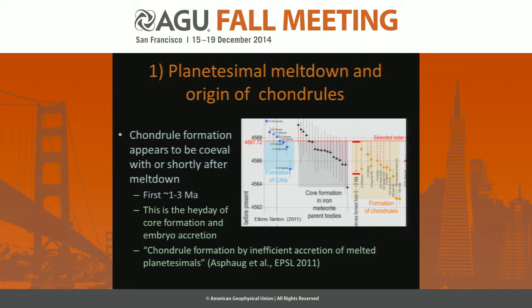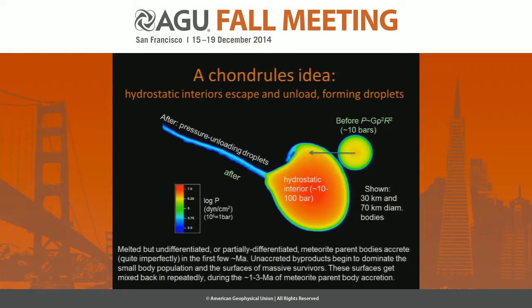And so we came up with this idea a few years ago that this might have something to do with the formation of chondrules, namely that you have accretion going on. The accretion is very imperfect, so don't worry about this big guy. It's just going to sit there for the most part. This one's going to get ripped into a, well, actually in this case it's slow enough. This is actually V escape equals V impact, so it just kind of falls onto this guy. But pieces of it go flying off